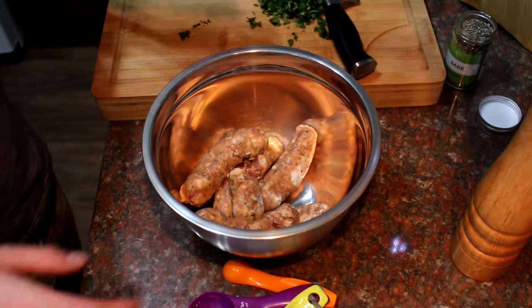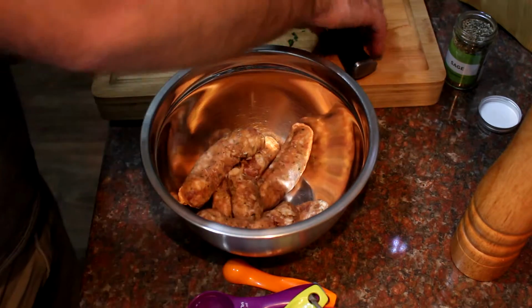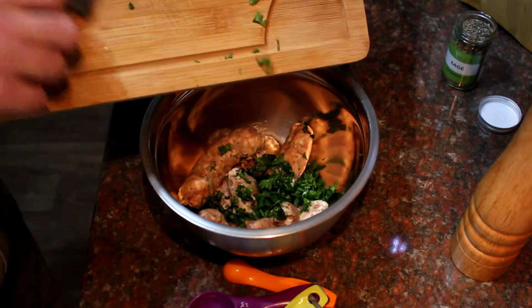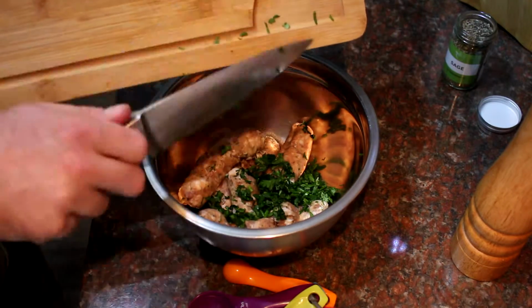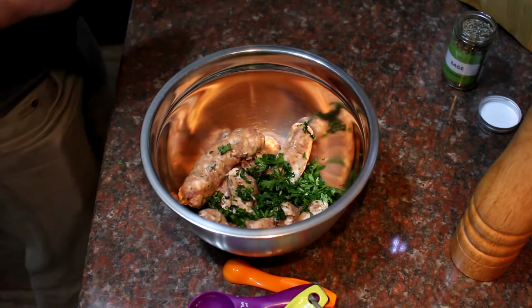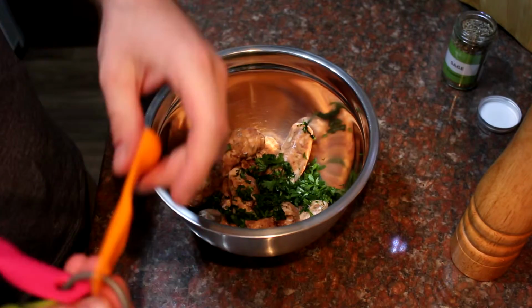Okay, so as mentioned before, I've removed all of my sausages from the skins, put them in a bowl, and all I'm going to do is add in my chopped parsley. So it's very, very easy. If you're using really good sausages like this, you don't need to add an awful lot of seasoning because they're already seasoned perfectly anyway. Then add in your sage,